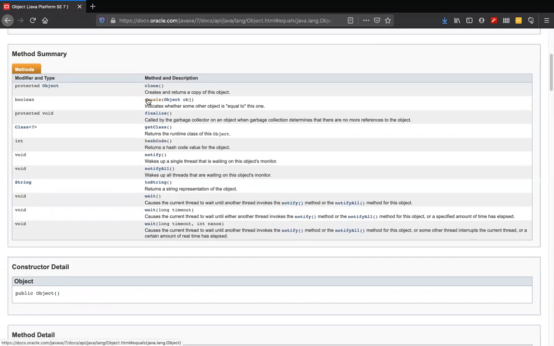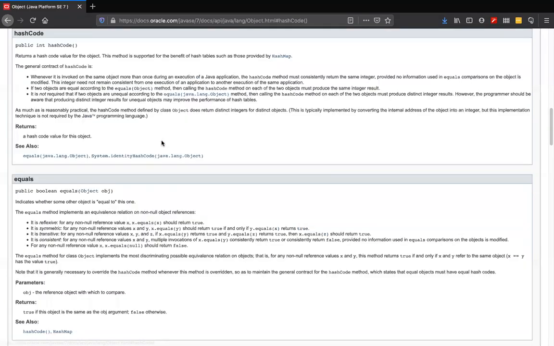Well, in a nutshell, there's something called a hashcode contract, which states that if two objects which are equal through the equals method, then the hashcode for those two objects has to be the same. And I'll show you the contract here, this is, by the way, the object definition,